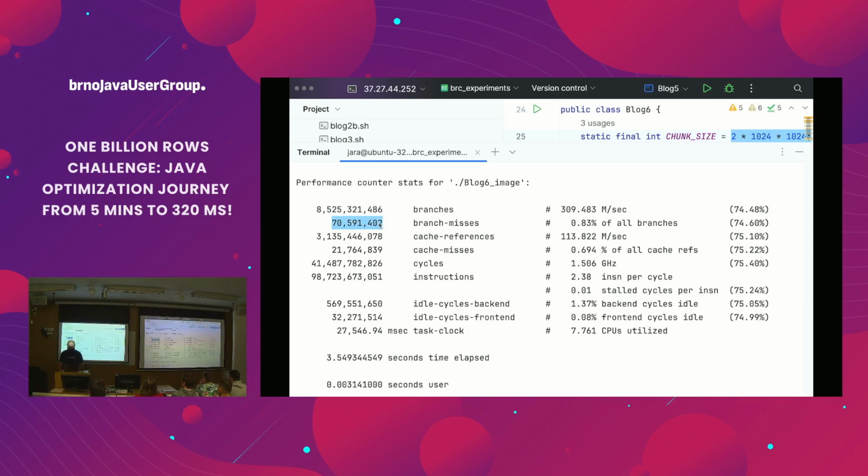So not too bad. And another metric which I like is instructions per cycle, because that's showing how many instructions in each cycle the CPU is able to process, which usually correlates, not always, but usually correlates with these branch misses. Because if I do not have misses, then I can make use of all these execution units in the CPU. I was showing you before that picture. And here it says that on average during the execution, in each cycle, the CPU could process 1.38 instructions. I would say not great, not terrible.